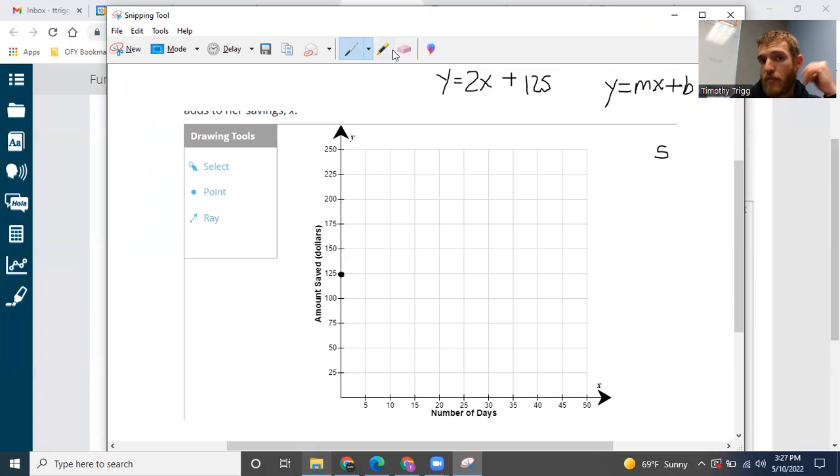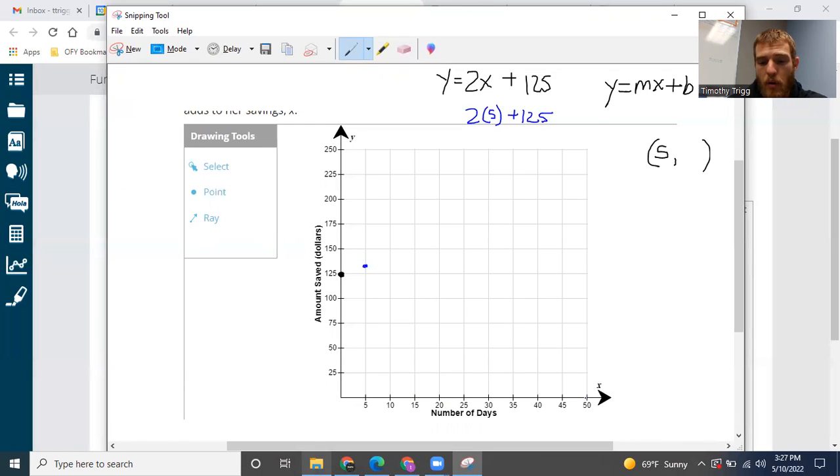So I'm going to replace X with 5 in this case. This will give me 5 comma something. So the way you do that is you replace X with 5. So this becomes 2 times 5 plus 125. 2 times 5 is 10. 10 plus 125 is 135. So it's going to be around here-ish. Well, I don't really like that point that much because it doesn't land on the grid lines that well. So maybe I'll try with